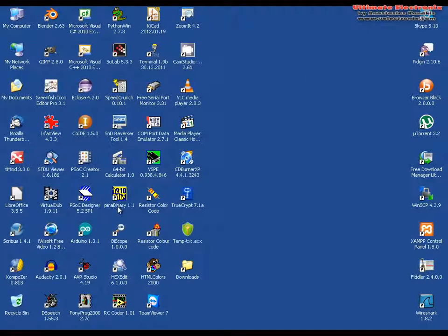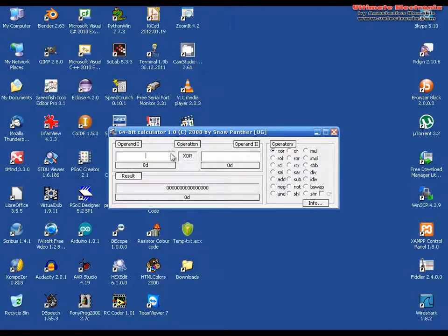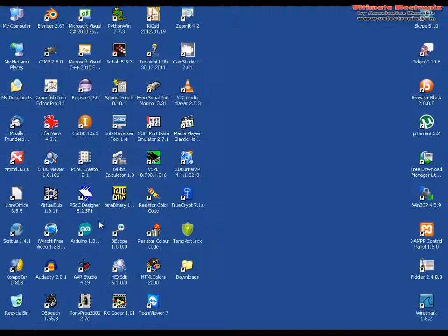Another tool is the PMA binary, which will be used for the shifting. And also another very good tool is the 64-bit calculator, but of course we can use it for 8-bit, 16-bit, 32-bit. This is a very nice tool. You put in some values and another one, do the mathematical operation, and you will get the result here. Okay, so to summarize, try to find these 3 tiny tools and try to download these 3